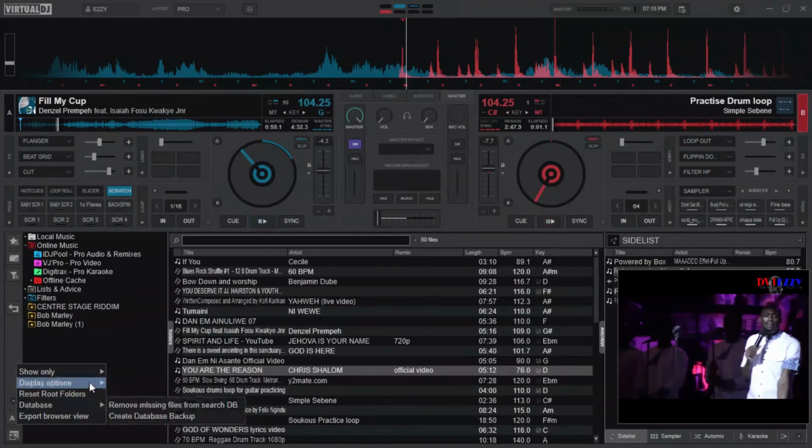We have, you can reset root folders. This one will help you by refreshing the database. You can remove files that are missing from the database. Maybe there were songs that you had double entered, or you had downloaded twice and you deleted. You'll find them here, but they won't be playing because the cache thinks that they are there, but when the database tries to access them, they are not available. So those ones will be missing files from such database. Always use this one every time, because it will help you not search for a song and find out that it's not even there.